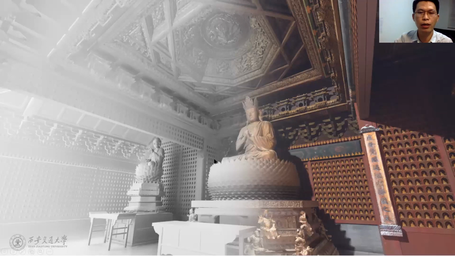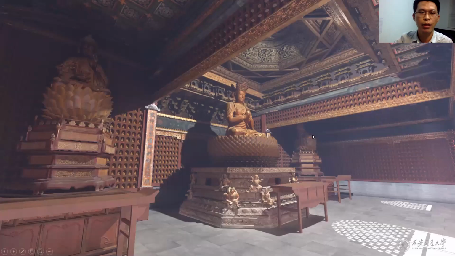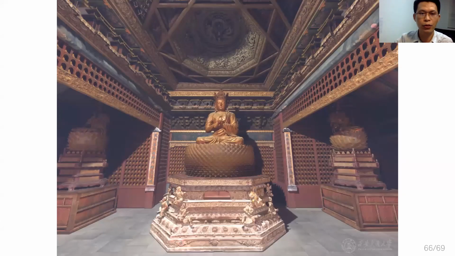Texturing the model will get a real and detailed view of the ceiling. And this is a final rendering result with color, texture, and normal map. In another view of the scenes, we add some fog effects to simulate smoke. And this image uses the camera post effects function to simulate the old photograph. And this is a front view of the central part.